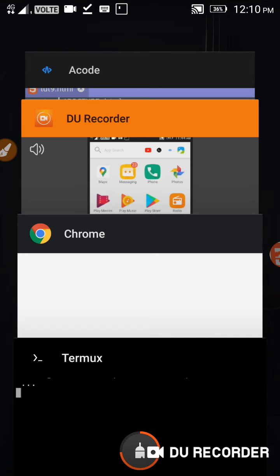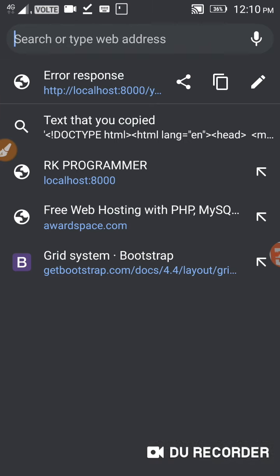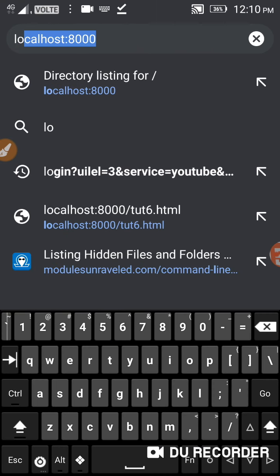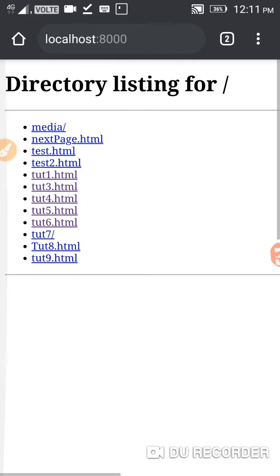Now we're going to restart our server. We're getting an error now. Just type localhost. Here we get everything. Just easy. Now we're going to use text